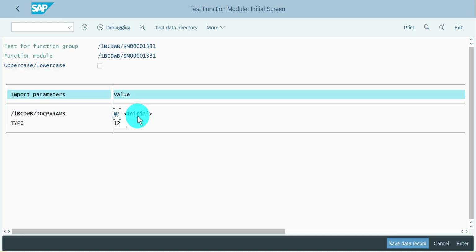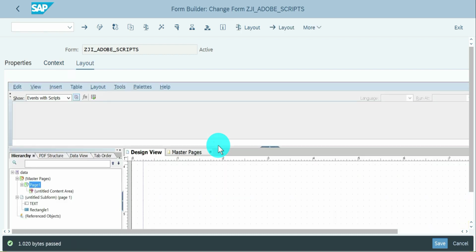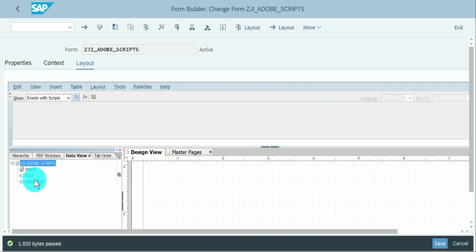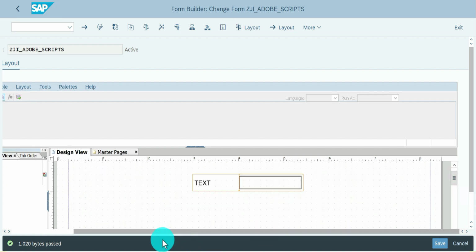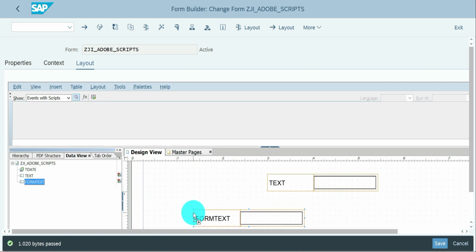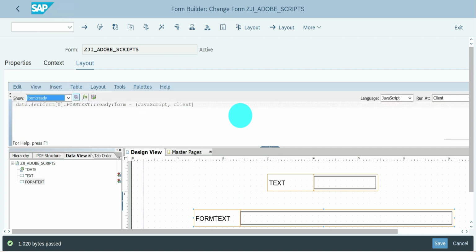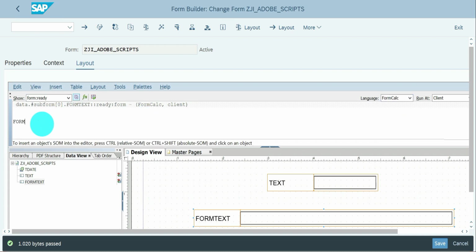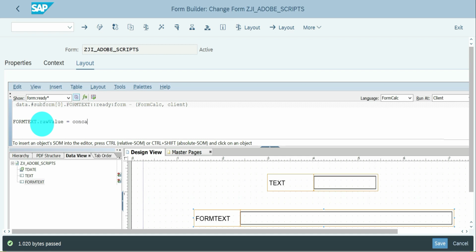Concatenate. Let's have a form text in our layout. This is a string attribute. Then we'll have a concatenate again from the FormCalc script language. So go to data view, form text. Here I have a text. I'm keeping it a little bigger because I want to keep some strings over here. Then for this part I'm going to use form ready. So previously we used initialize, and change this to FormCalc. So here: form text dot raw value equals concatenate